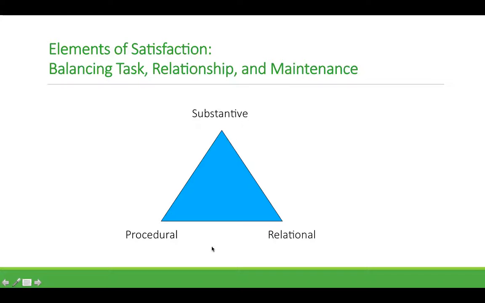Procedural, these are my process people. These are people, I'm one of these people. I want to know what the rules are. I want to know what the expectations are. I want to know how we're going to get there. How we get there, for me, is the journey. It's just as important as what that end result is. For me, the means do not in any way, shape, or form always justify the end. And so that's going to be something that's really important. These are people who will volunteer to be on the bylaws committee to write the bylaws for your group. And so, their needs are equally as important as these other folks.